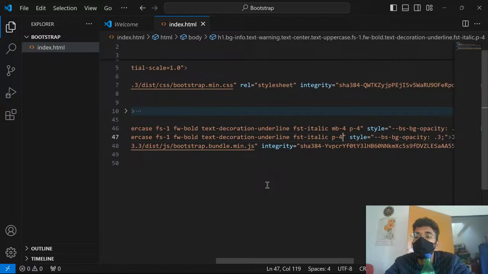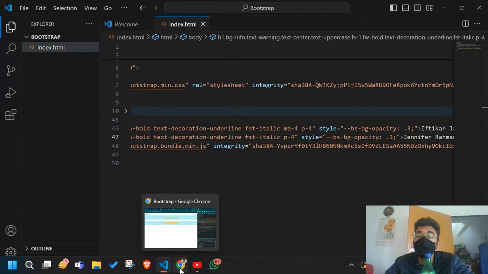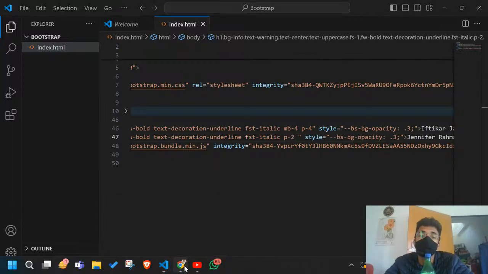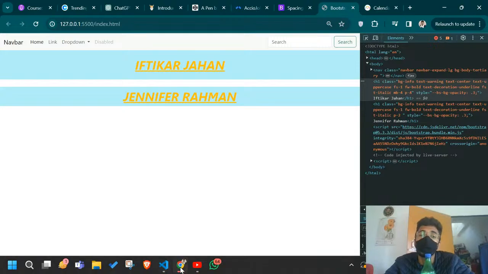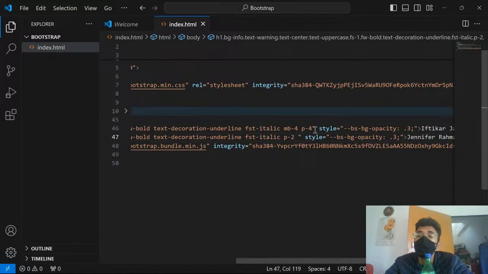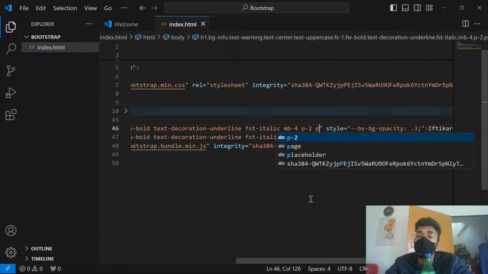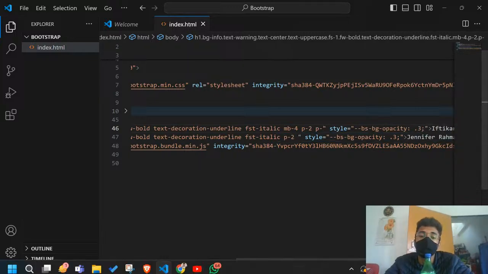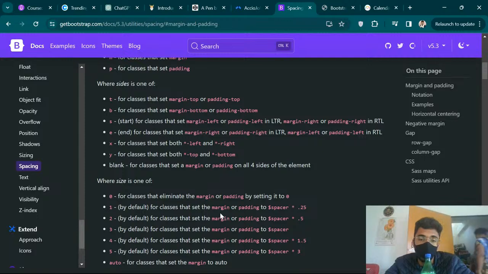काम पे लग जाते हैं। हमने मार्जिन पैडिंग दे दिया। अब हम चाहें तो ब्रेक पॉइंट वाला पॉइंट भी ऐड कर सकते हैं। जैसे मान लीजिए कि मैं चाहता हूँ कि पैडिंग पहले इसमें मैं 2 देता हूँ, ठीक है। तो सिग्निफिकेंटली हमें डिफरेंस पता चलेगा। इसमें भी पैडिंग 2 देता हूँ। अब मैं चाहूंगा कि जब मेरा पैडिंग, ठीक है, ब्रेक पॉइंट दूंगा मैं, मान लो मीडियम, नहीं मीडियम नहीं, देखता हूँ मैं कौन सा ब्रेक पॉइंट दूंगा।